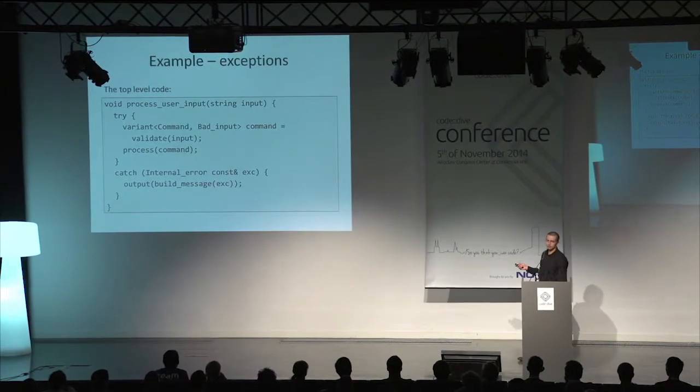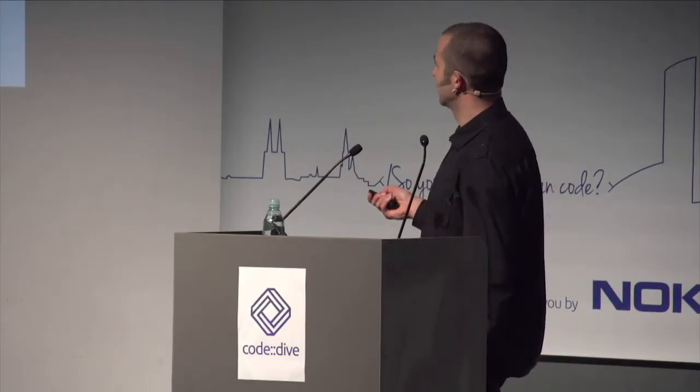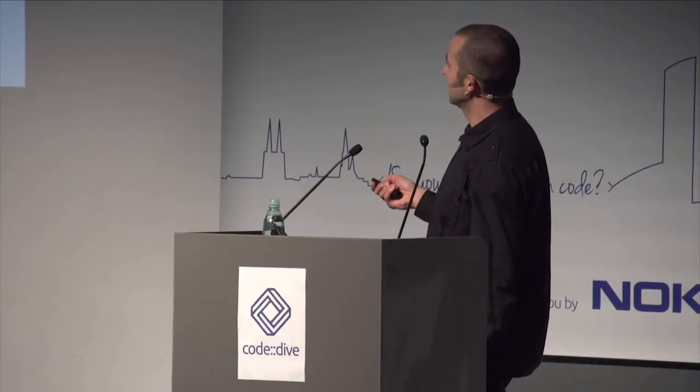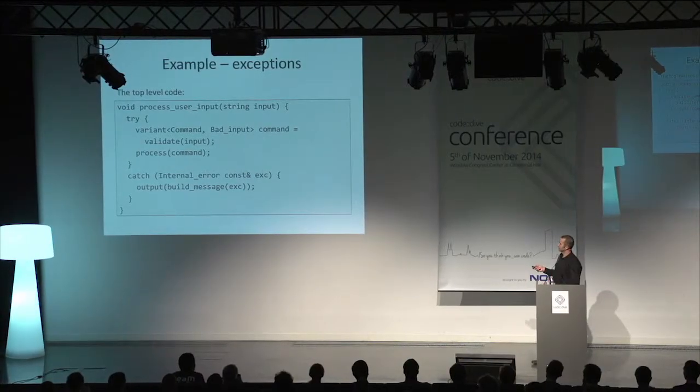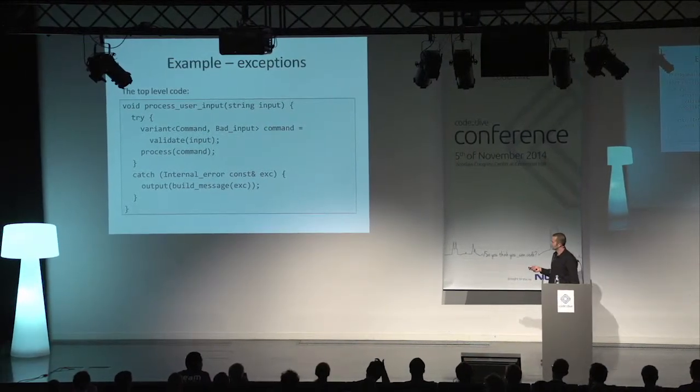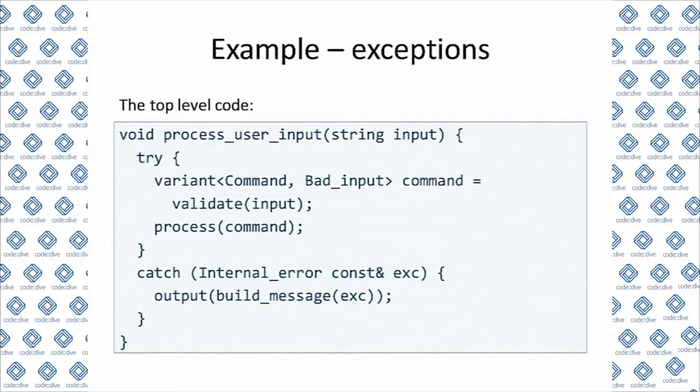You can also see that I fixed the problem from the previous talk. There is a validate function that returns either the processed command, well-formed, or information about the bad input. It doesn't matter here. What matters is that if you have a well-implemented exception handler at the higher level of the application, you can throw whatever you want from the deeper parts, and you don't catch them at random places.